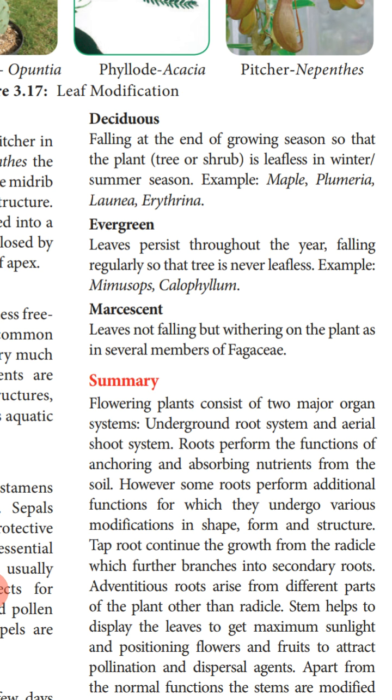So you have studied four types of leaf duration in plants. First one is caducous, that is the plant sheds the leaves immediately after formation. Next deciduous, that is according to the season they will shed the leaf and they will again reappear after the change of the season. Next is the evergreen, that is throughout the year the leaves are present there, and simultaneously the falling of the leaves and the origin of the new leaves will take place. Marcescent, the entire leaf will not fall at once, but the part of the leaf will break into pieces and shed down, and the remaining part of the leaf will remain attached to the plant itself. So with this we have completed this lesson and we have completed this topic.